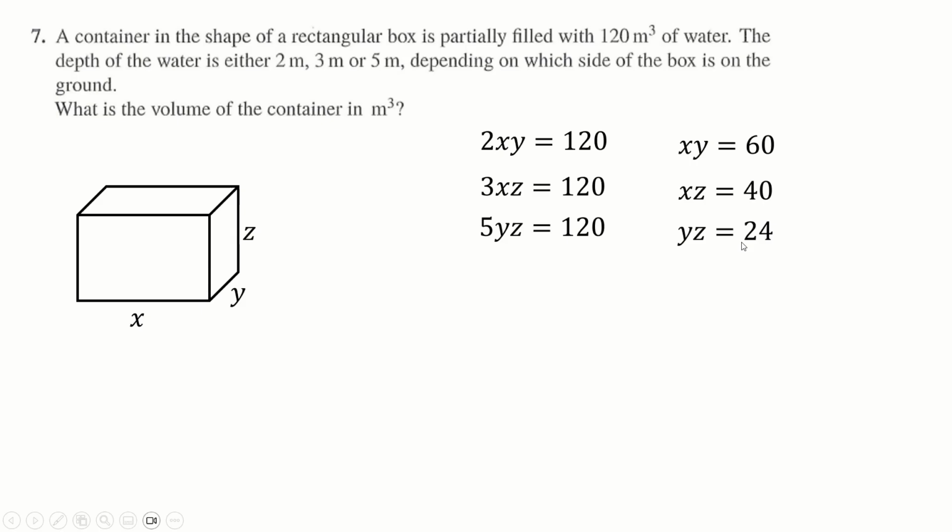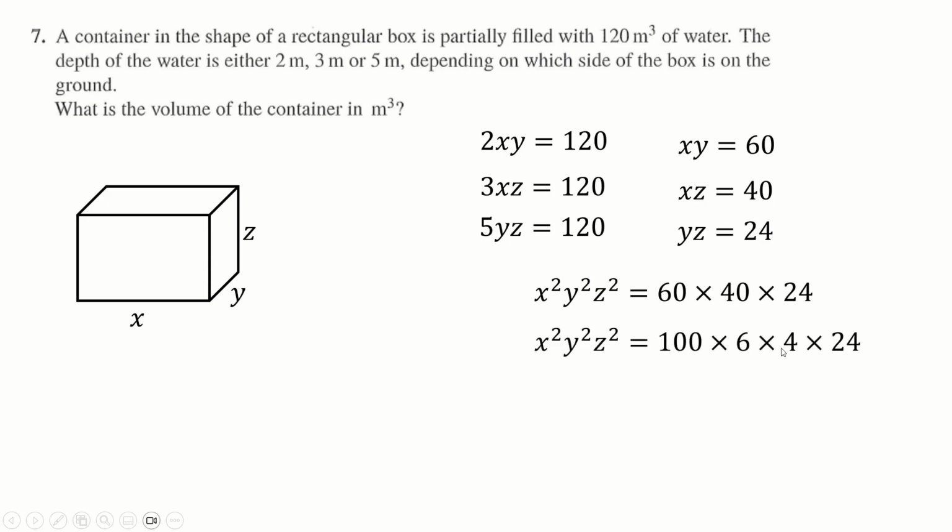Then times all of these together, and you get this, which is gorgeous for a couple of reasons. Firstly, I can factor out 2 10s from these two numbers here to get this. And then this is also 6 times 4, so this becomes 10 squared times 6 squared times 4 squared, which